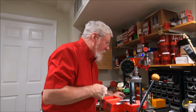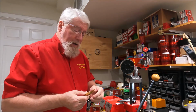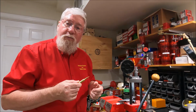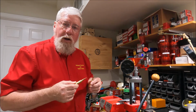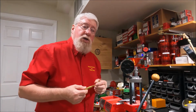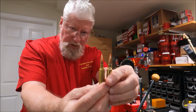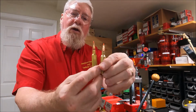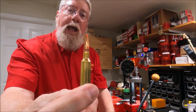A couple of people talk about the seating depth for the 6.5, and a couple of questions I had were, do I have to seat to the cannelure on a bullet that is either shorter or longer? And the answer is actually no. The cannelure is there to give you a little extra grip. It's a good reference point, but as you can see, both of these are 6.5 Creedmoors. Both of these are the 140 grain SST. One is seated at the cannelure, and one is seated